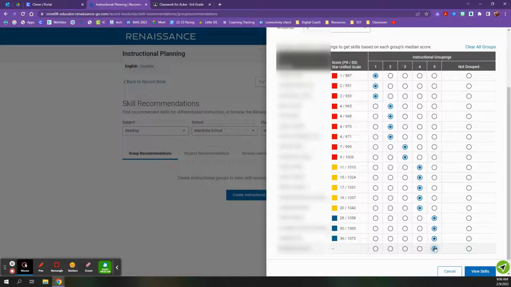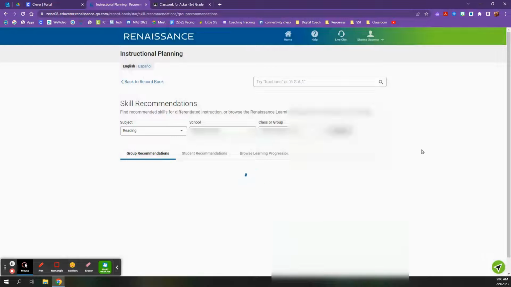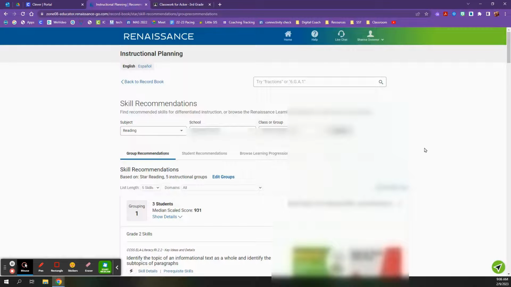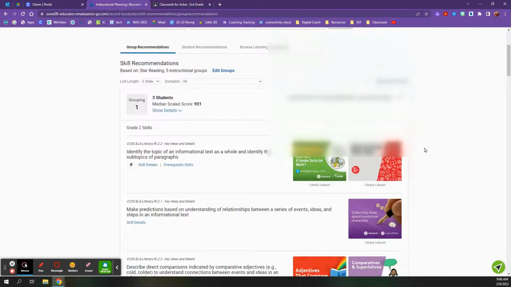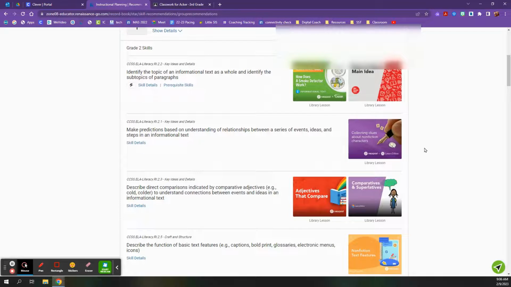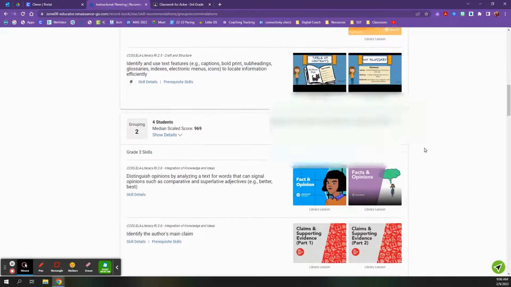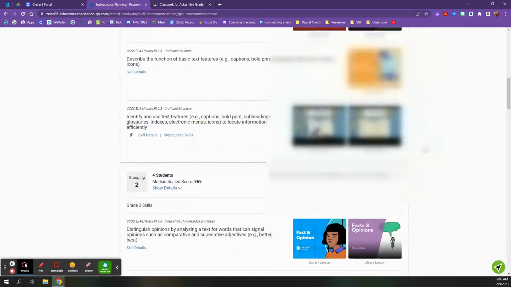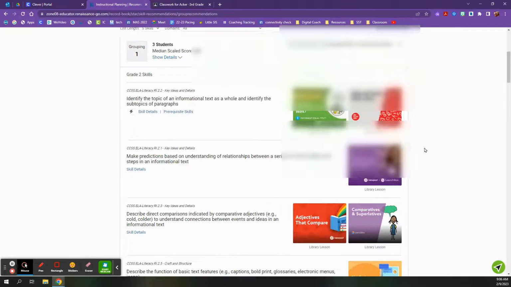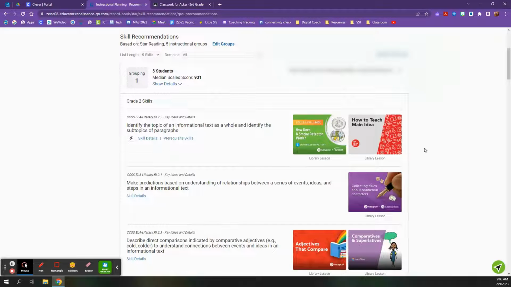And then once we are grouped, I am going to click View Skills. What this is going to do is populate lesson suggestions for each of my groups. So group 1, it's giving me about 6 or 7 lessons that that group could work on. Group 2, the same sort of thing. So I can scroll down and it will show me the variety of lessons that they have determined correlates with